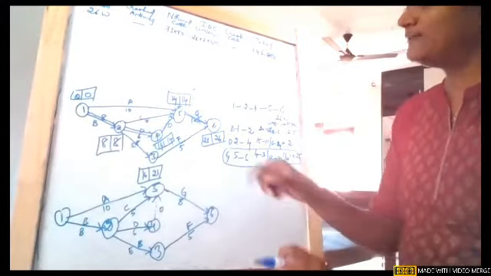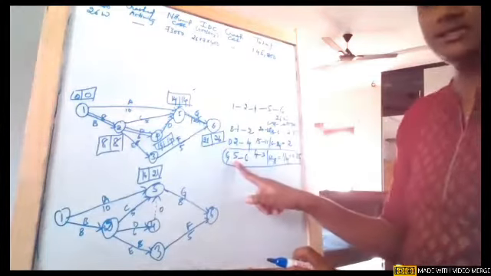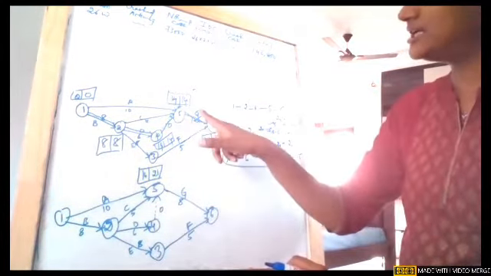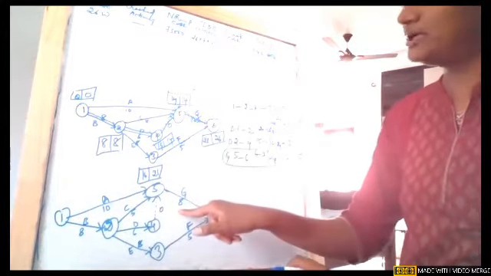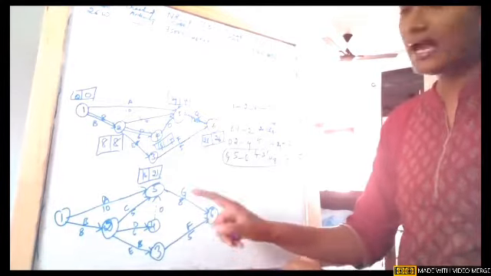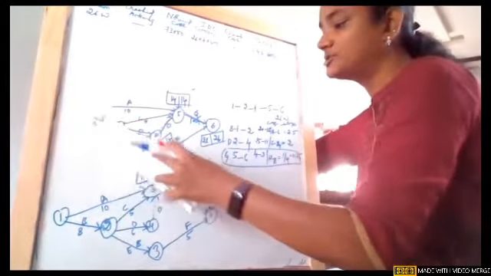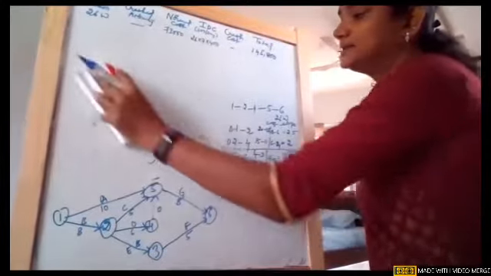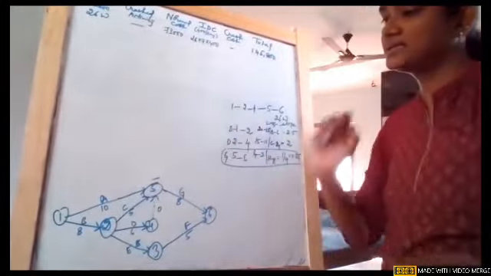My only modification I wanted to show is that we are crashing the activity G. This is the activity with the lowest cost slope. Earlier, the duration of activity G was 12 weeks. Now it is being reduced. After crashing, it is reduced to 8 weeks. And now we will see what the earliest and the latest times are. In order to avoid confusion, I'm erasing the earlier network.